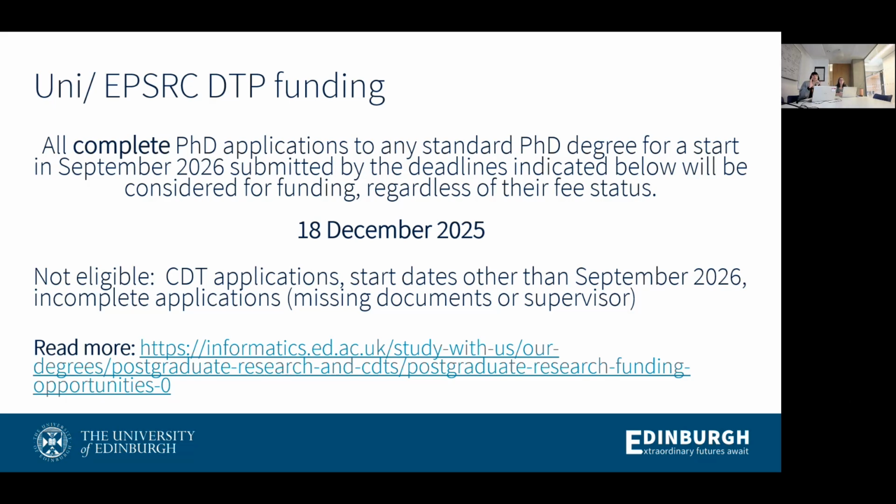So that's going to be the EPSRC DTP funding. We have an Edinburgh Doctoral College scholarship, and I think we might have a couple more studentships that are not yet confirmed. So submit your application by the 18th of December, and then we'll go through our selection process. We should have a meeting in January. So we ask supervisors and institute selectors to shortlist. We score, rank, have a meeting, decide